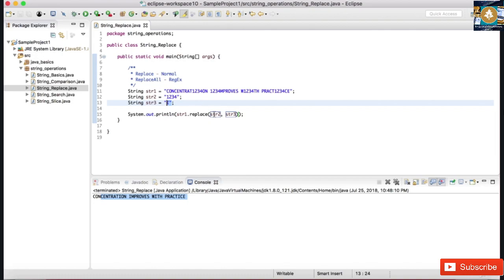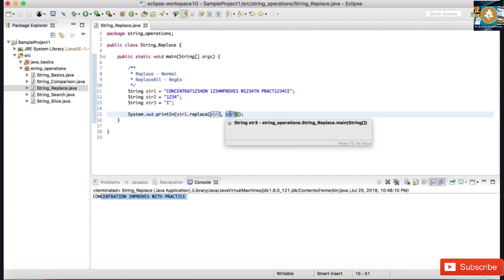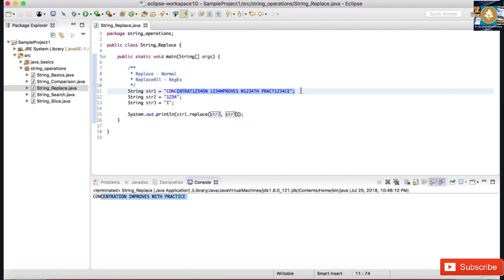So simple replace: provide what you want to find, that exact string will be found and replaced with a new string. If there are no occurrences of str2 in the string, then nothing will get replaced with the new string. If there is at least one occurrence, then that will get replaced. Okay. So that is simple replace. Then we have replace all also, where the matches of a regular expression pattern will get replaced